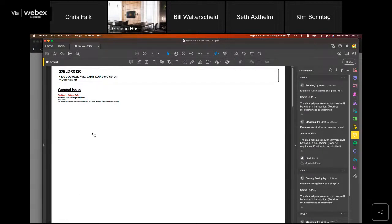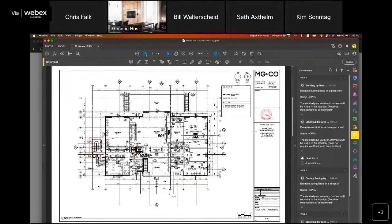And what we see here is a document containing 4 pages, it looks like. Now, the cover page happens to be any issues that were not attached to a specific page of a document or a specific sheet of the plan. So if there's any overall general project comments that need to be addressed, those will show up on the cover sheet. If I move forward,